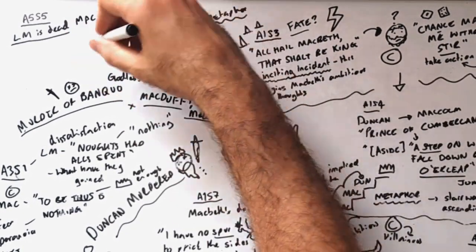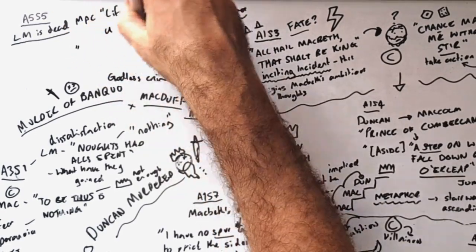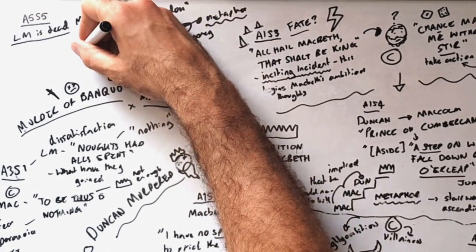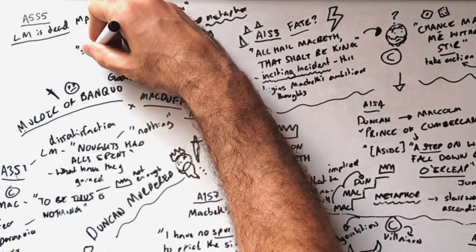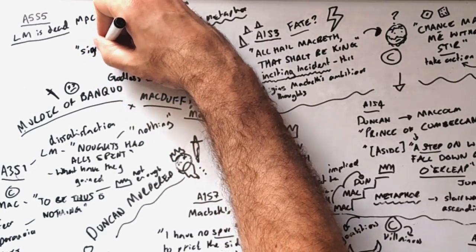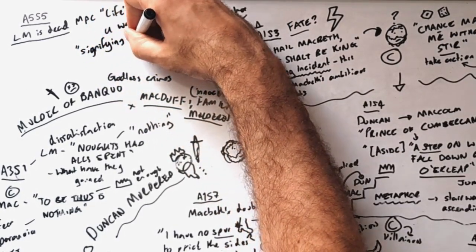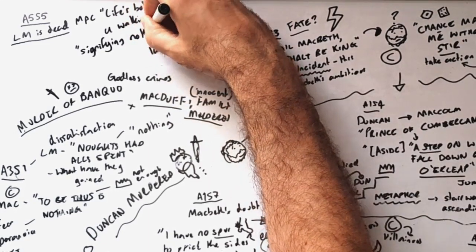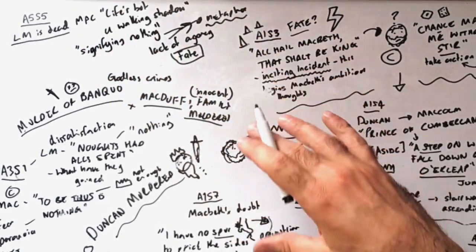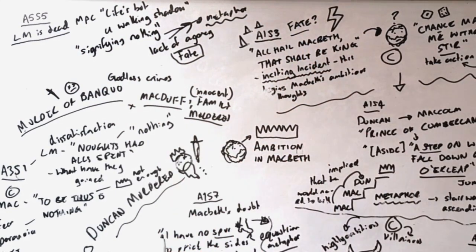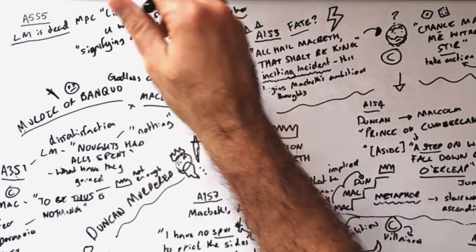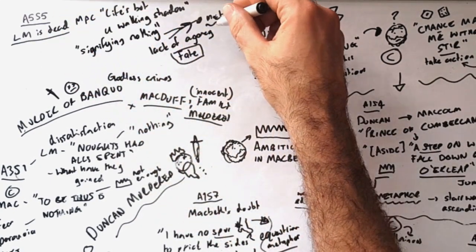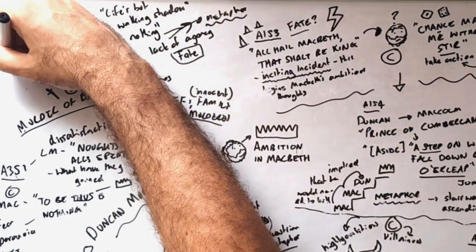So again, at the end of the soliloquy he makes in Act 5, you've got this "signifying nothing," which links with that. It's all one metaphor. "Life's but a walking shadow, a poor player that struts and frets his hour upon the stage and then is heard no more." It signifies nothing. So loss of hope,